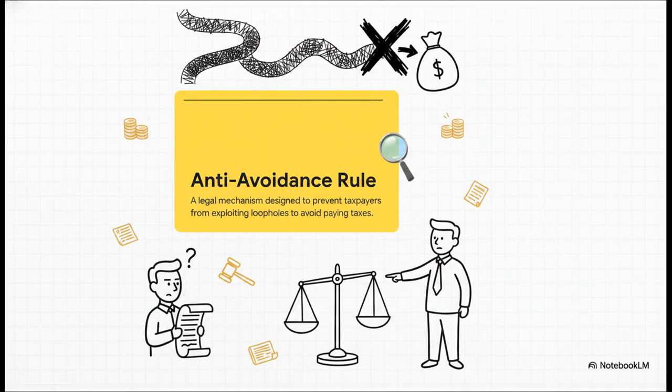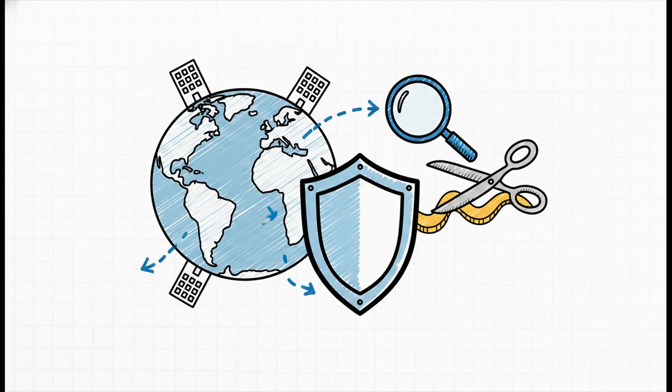What this means in practice is that even if some clever accountant finds a way to comply with the strict letter of the law while entirely violating the spirit of it to dodge taxes, the government has the overarching legal authority to step in and say, nope, that's avoidance. It's absolutely crucial for maintaining a fair system. And they aren't just closing domestic loopholes either.